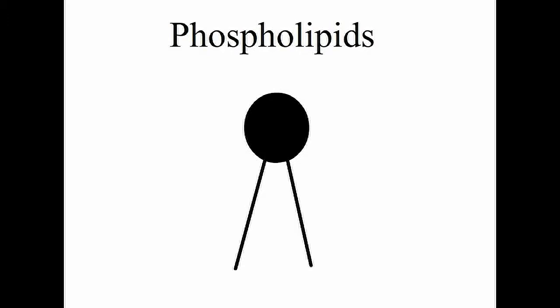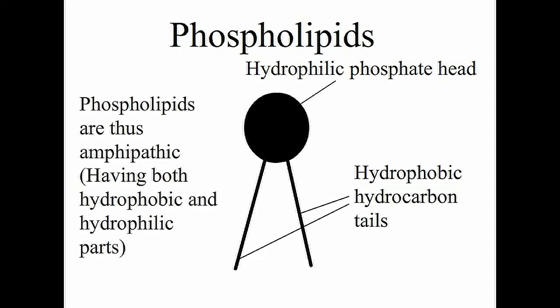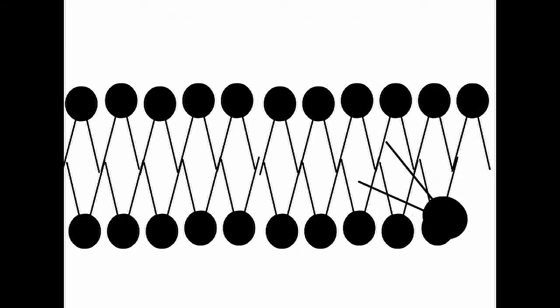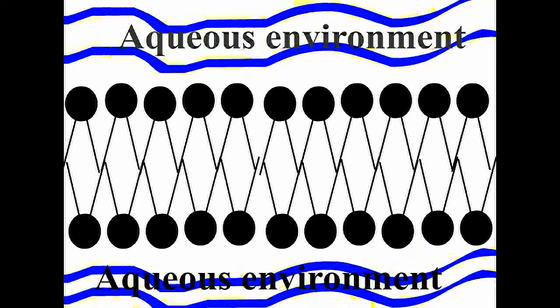Firstly, let's start with phospholipids. Phospholipids have a hydrophilic phosphate head and two hydrophobic hydrocarbon tails. Thus, they are referred to as amphipathic, and their amphipathic nature allows the phospholipid molecule to form bilayers in aqueous environments. The hydrophilic phosphate heads face the aqueous environment at each surface of the bilayer, while the hydrophobic hydrocarbon